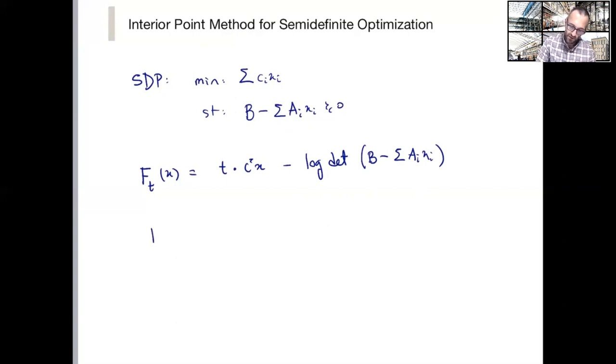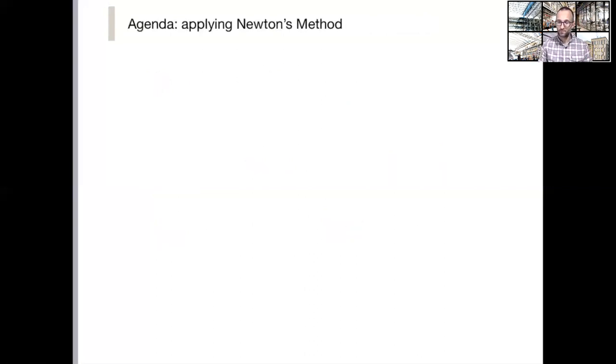So interior point method, we let x_t equal the argument of the unconstrained convex optimization problem, f_t of x, and then we let t go to infinity. Now that's the idea. So we've seen some examples, basically the two key examples, linear programming and semidefinite programming with interior point methods. This is our motivation. Let's now lay out our agenda, what we're going to need to do to show that this is a good idea,